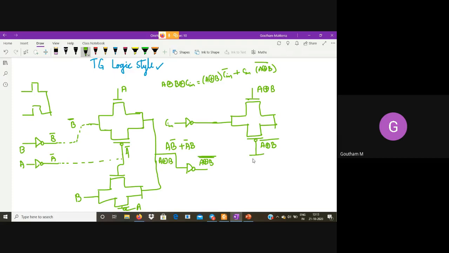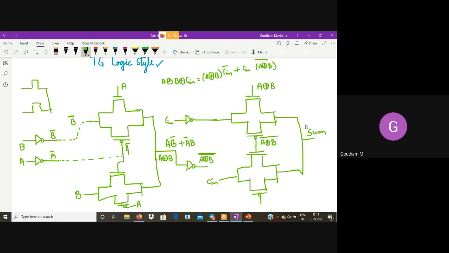Below I need another transmission gate, which should be implementing Cin into A XOR B whole bar. This NMOS is getting A XOR B whole bar, so this should be Cin. OR these two together, and this will give me sum.